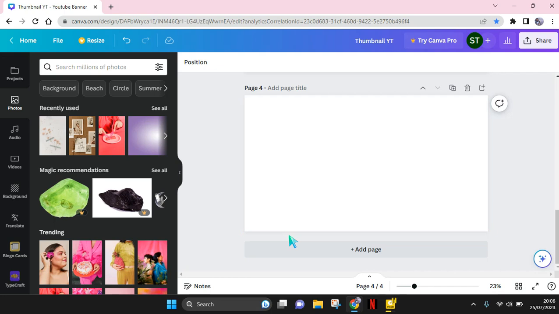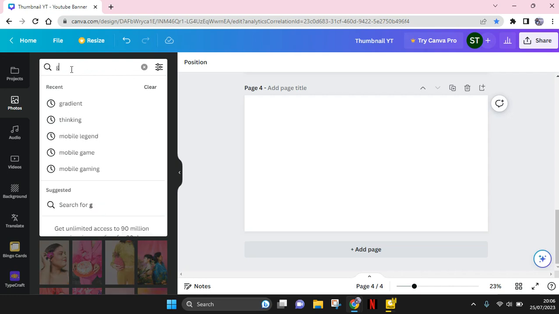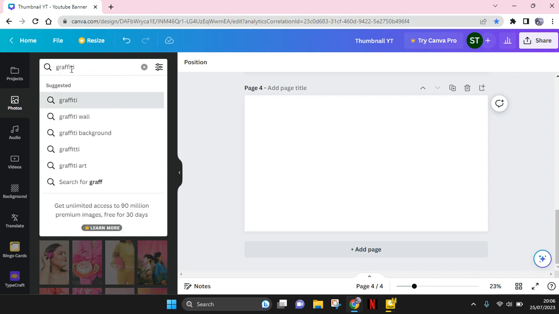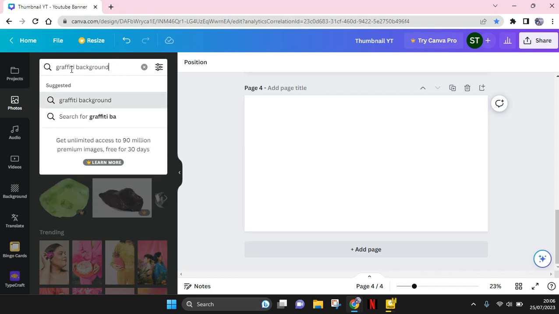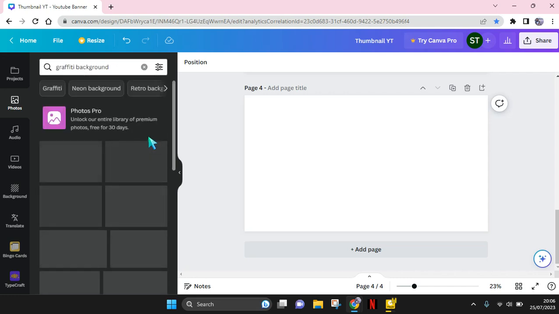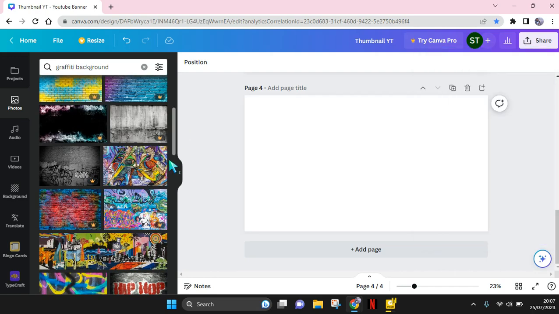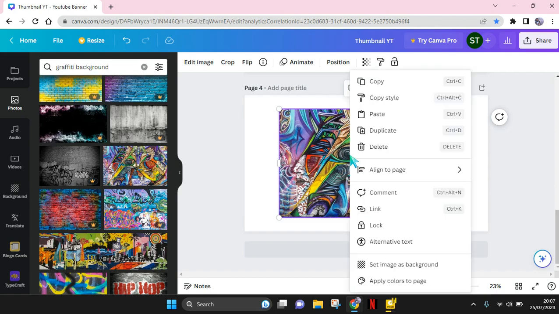On today's tutorial, I'm gonna show you how you can make this awesome YouTube thumbnail with gravity and rip paper effect on Canva. So first, you just need to use the thumbnail design like this. Use the thumbnail size, and then click on the photos and use the graffiti background. Find the graffiti background and find the one you like. Okay, I'm going to use this one, set it as background,